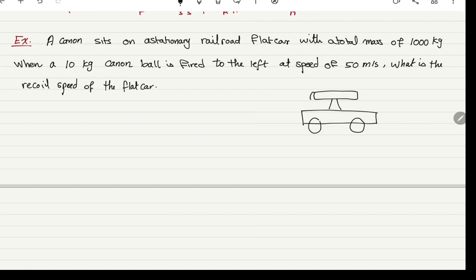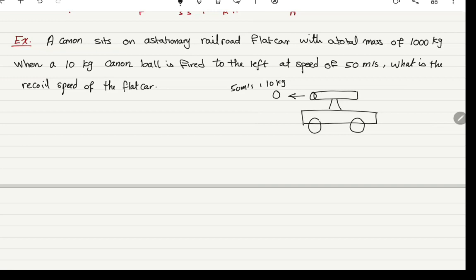So if this cannon fired a 10-kilogram ball with speed 50 meters per second,